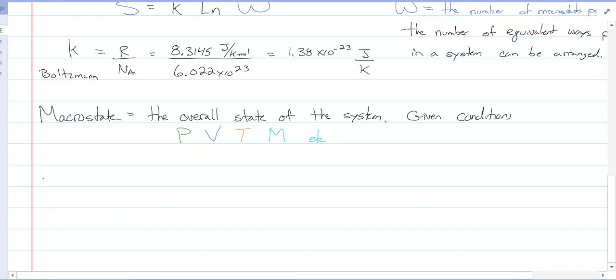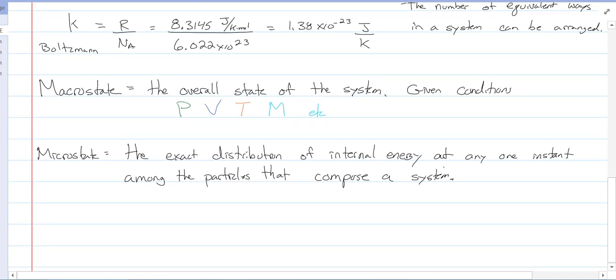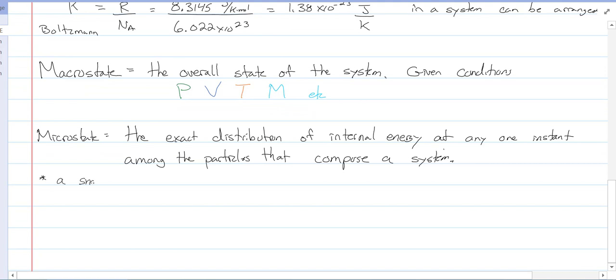The microstate is the exact distribution of internal energy at any one instant among the particles that compose a system. You can think of it as a snapshot, a quick picture of the system